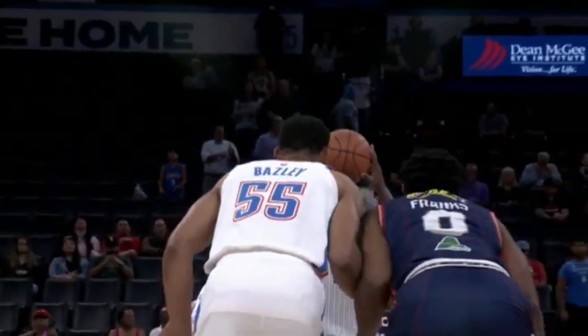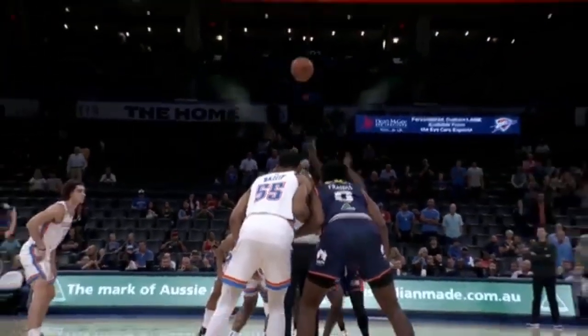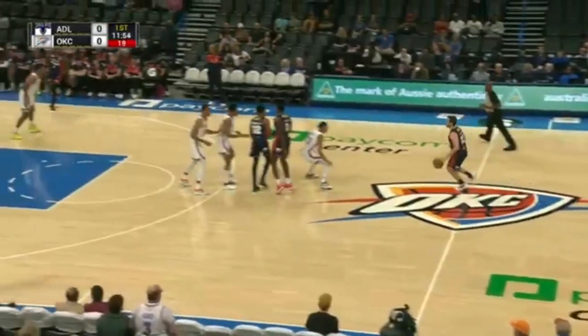The tune of 24 turnovers that translated to 27 points. Quick reminder of the starting lineup for OKC: Wiggins, Bazley, JRE, Trey Mann, and Josh Giddey. And the ball tips around right back to him. Bazley at the top, and the Thunder get a fresh 14. As Giddey rifles it cross court, Wiggins spots up. He's open for three, and he knocks it